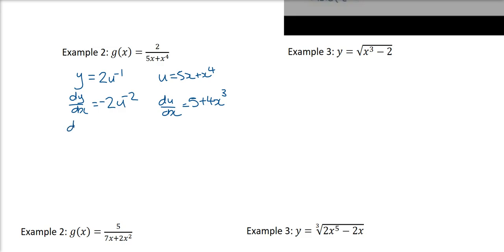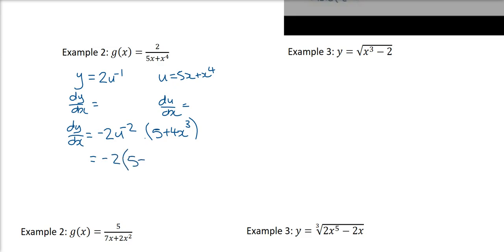So dy by dx is simply that one times by that one. Yep. Which hopefully you can sort of see. I'm going to put that in brackets. That's going to become negative 2 lots of